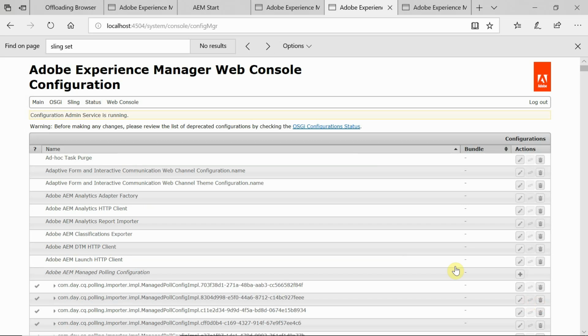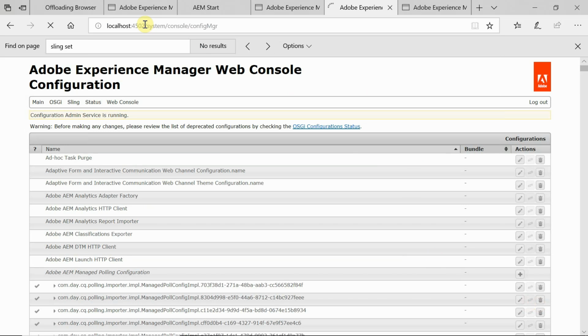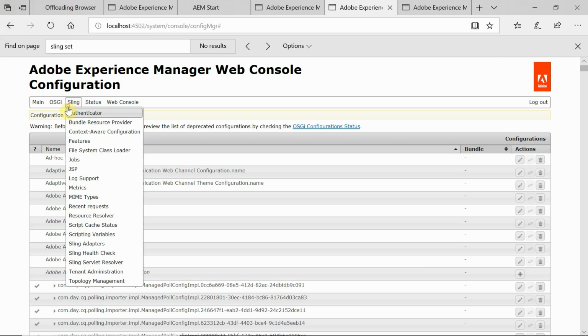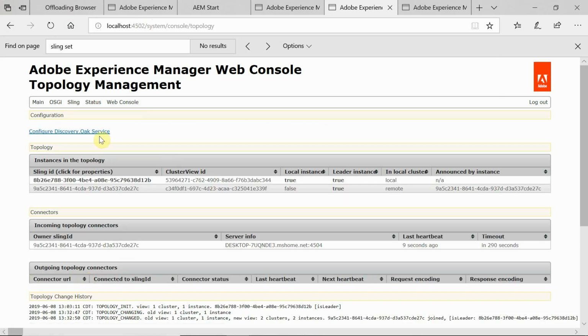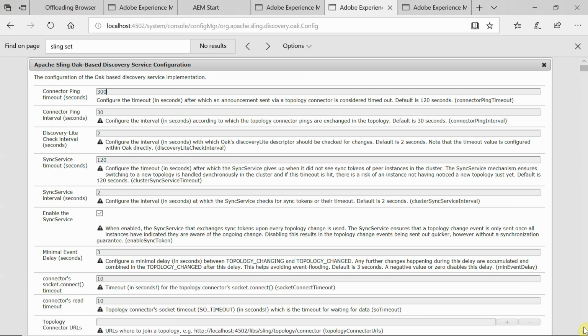We also need to whitelist the worker IP patterns in the master for discovery, so that the master will perform a discovery operation and find out the supported workers available. For that, go inside the master system console, again Sling topology management, configure discovery service.